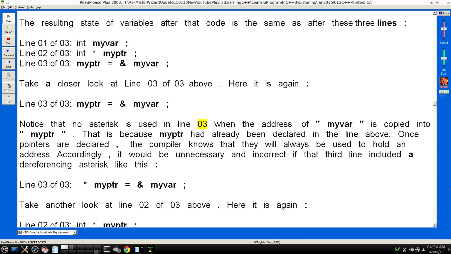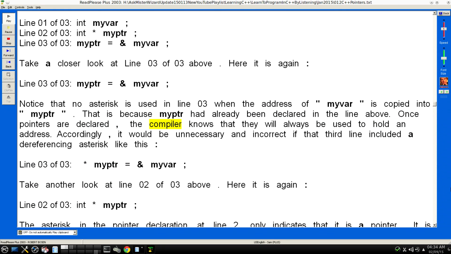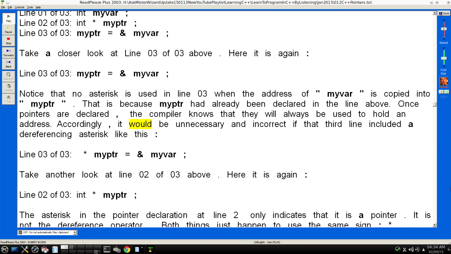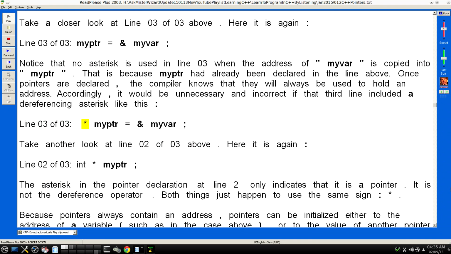Notice that no asterisk is used in line 03 when the address of "myr" is copied into "myptr". That is because myptr had already been declared in the line above. Once pointers are declared, the compiler knows that they will always be used to hold an address. Accordingly, it would be unnecessary and incorrect if that third line included a dereferencing asterisk like this: Line 03 of 03: *myptr = &myr;